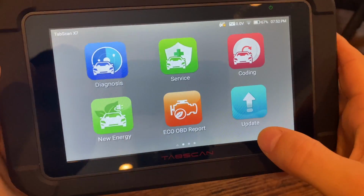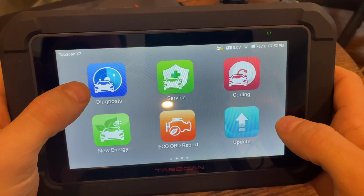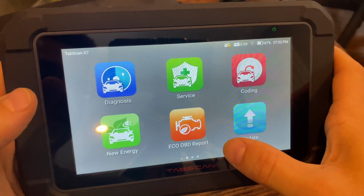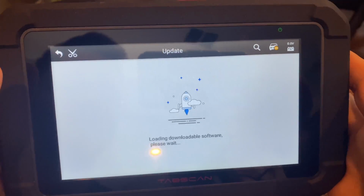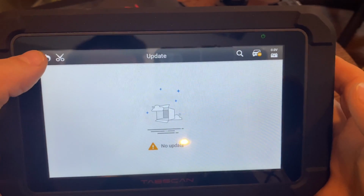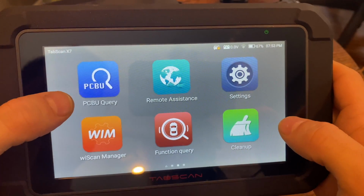But if you go back to the main menu, we have different options in here. We have diagnosis, service, coding, new energy, ECO, OBD report, update. So that's the update that I was talking about earlier. You can go in here, see if there's any software available for an update. Obviously, I've already updated mine. There's another page in here. A lot of this stuff is